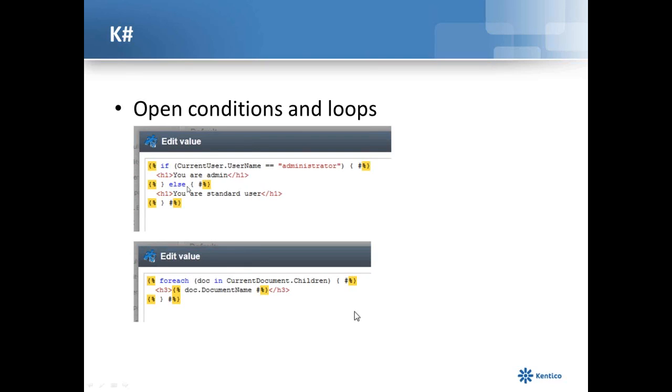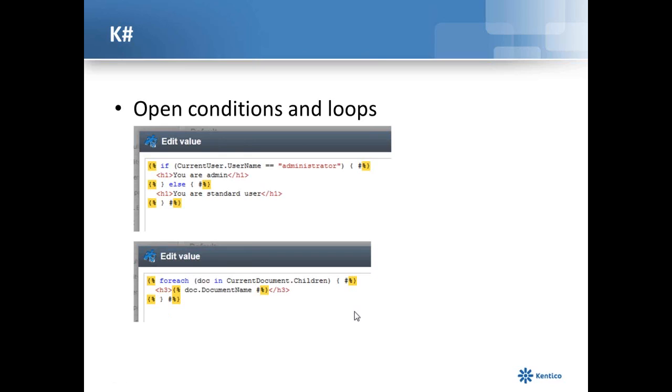You can use else. I just need to note that in this candidate you can use only if. Only in the final version of version 7 you will be able to use else. So don't try it, just try it with if. And you can also use this in loops, and in both cases you can just further use macros in that markup. So if you do something like this, it will output the list of all documents that are children of